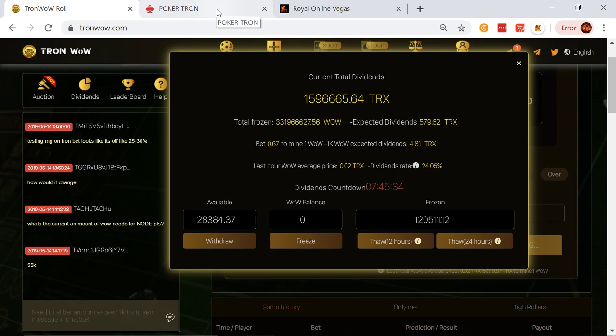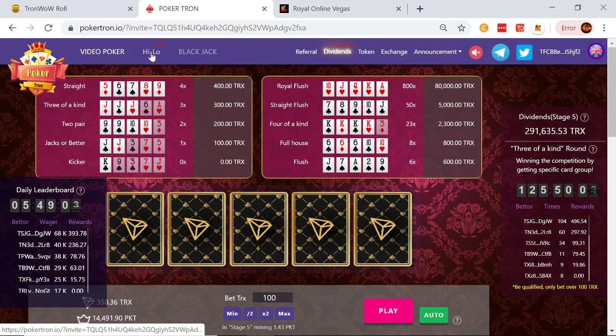Now, keep in mind, I'll tell you right now, I will abandon this in a heartbeat as soon as PokerTron's high-low comes out. I am waiting for PokerTron high-low. I hope it's like Deutron. If it is, I think it's going to do well. I think people are going to play it because people just continue to play Deutron, just like people continue to play video poker on PokerTron.